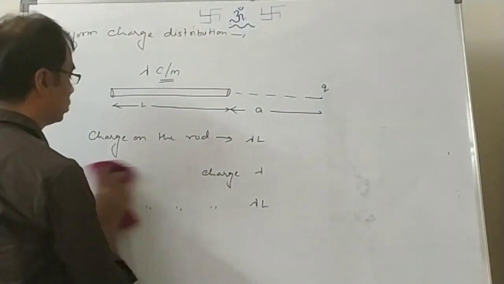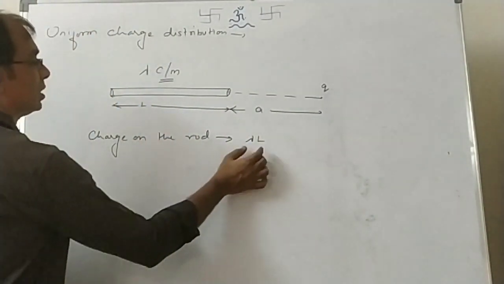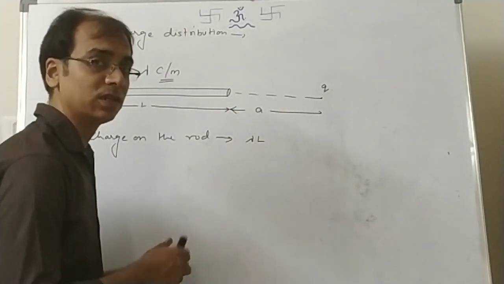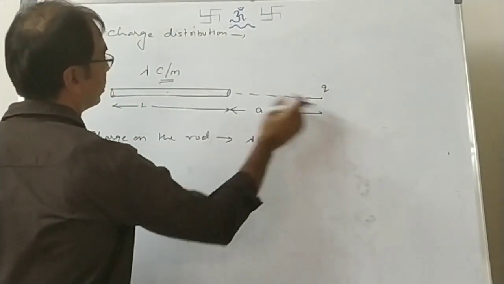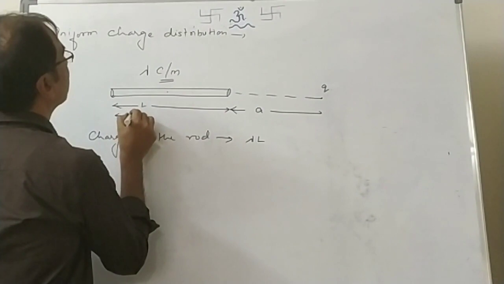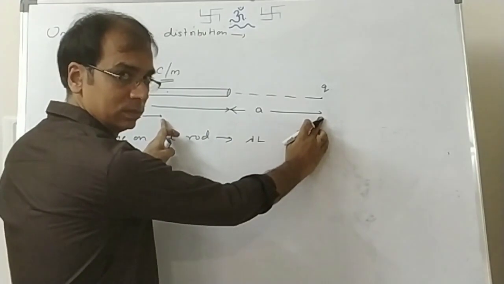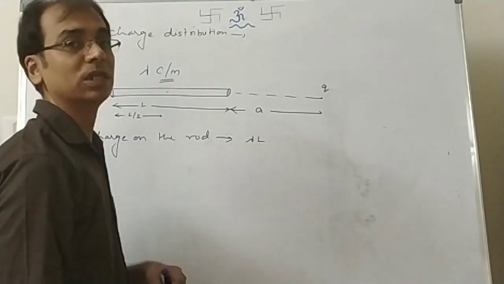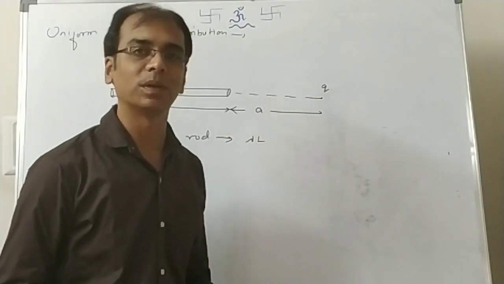Both are positive charges, so obviously there will be a force of repulsion between them. Correct? But now how to find it? Because this charge, we don't know where it is residing. So can we take the center of charge like the center of mass concept? So we can take the charge over here, and then we can calculate the effective distance between them and calculate the force. Correct or not? We know that the center of charge will be at L by 2 distance. So what will be the distance between these two? A plus L by 2. So can we calculate the force like that? Answer is no. Why? Because there is no concept like center of charge. Center of mass is okay, but center of charge, there is no concept like that.